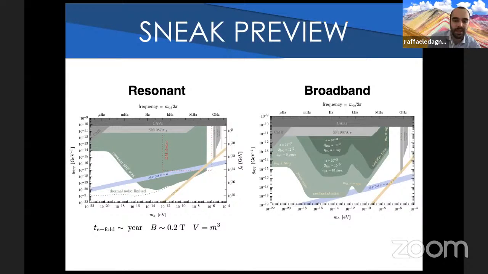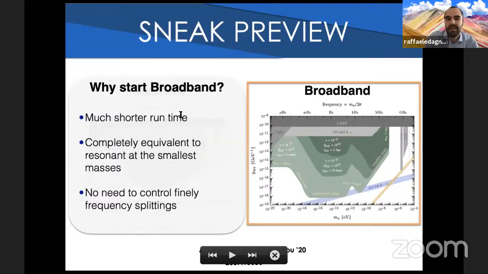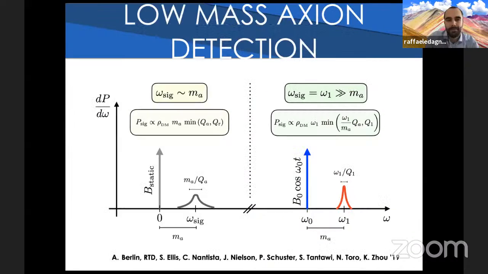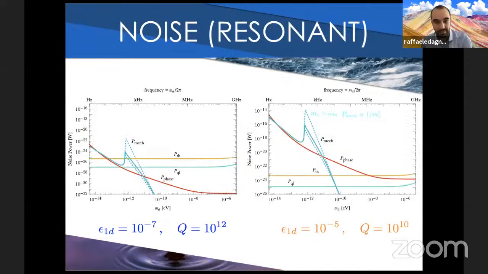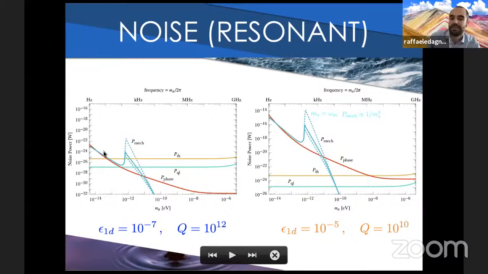Then the phase noise and mechanical noise start becoming dominant, and your sensitivity decreases. Maybe this one is the good plot. Indeed, the noise increases at low axion masses, but it takes a while before these sources of noise take over the flat ones,